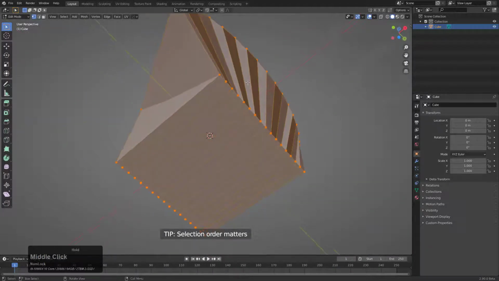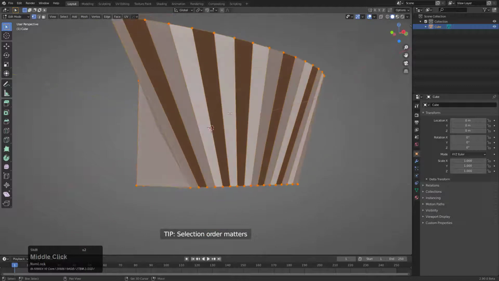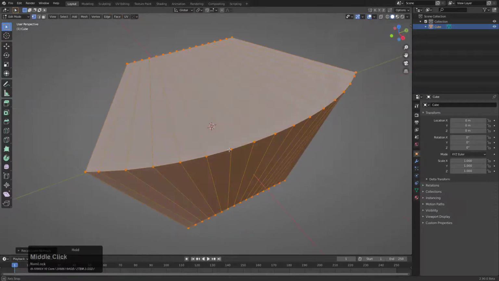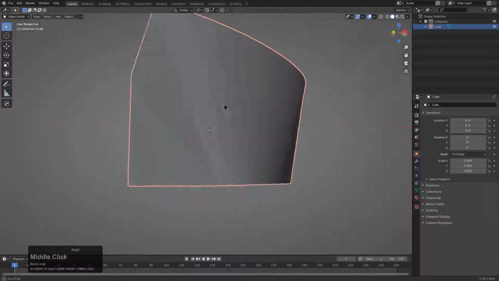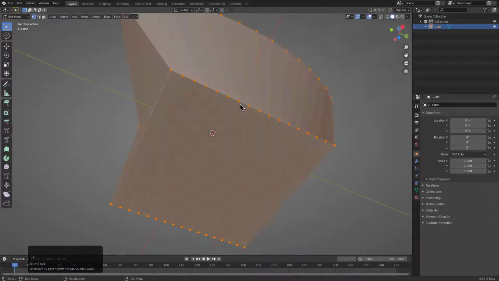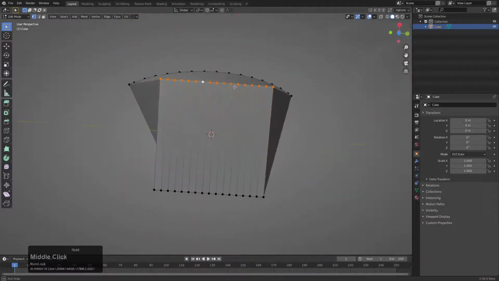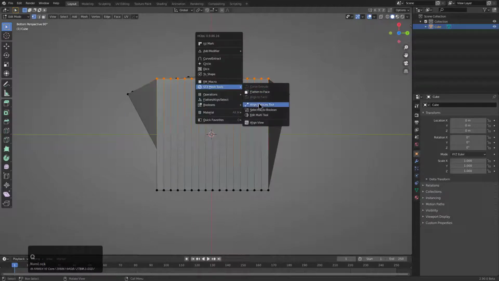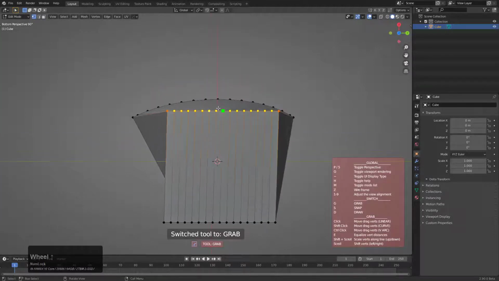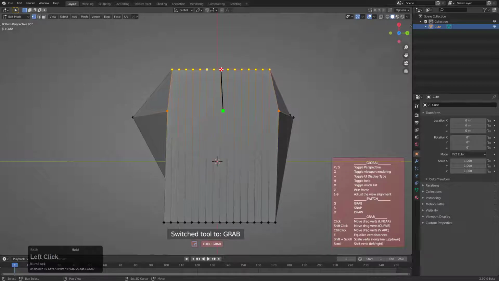However, something happened with the shading here that definitely looks a little odd, so I'm going to press Shift N in order to ensure that my normals are looking correct. So that may be something we may be checking into after the video, more than likely being addressed in an upcoming update. And we'll go into align vertices again,